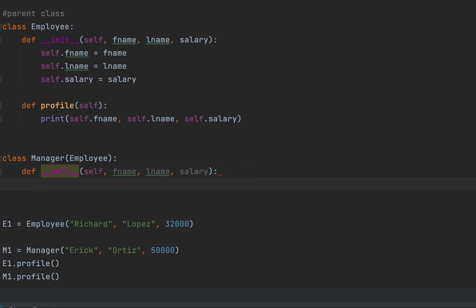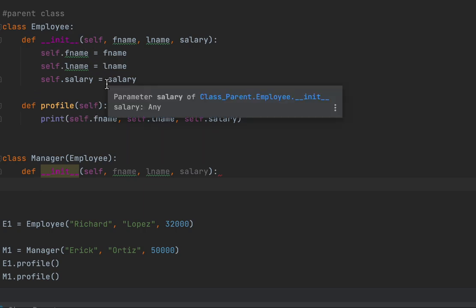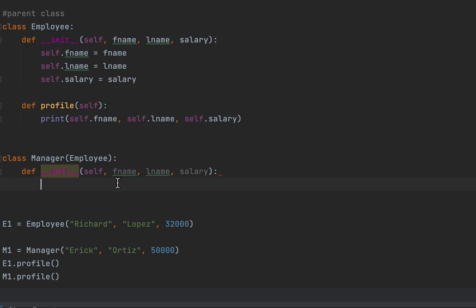Now, once you do this, I'm just going to explain this. Once you do this, apparently the child class loses all of this. I know it sounds strange, but once you write this, it's going to have its own what's called init. So it basically loses some of this stuff here in the parent class. So to keep all the methods in, I'm going to use a function called super. So you write super